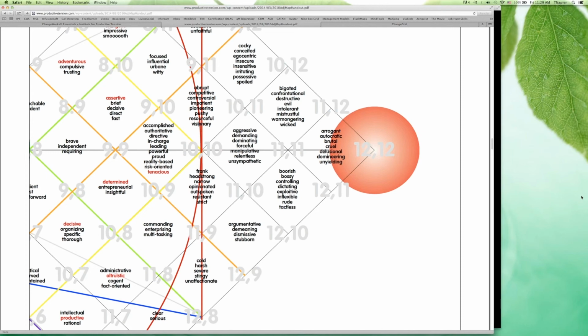Some of these adjectives describe someone who would be in action. Other adjectives describe something that's just an internal response. So you'll even find emotions scattered around this, or you'll find abstract concepts as well, scattered hither and yon.